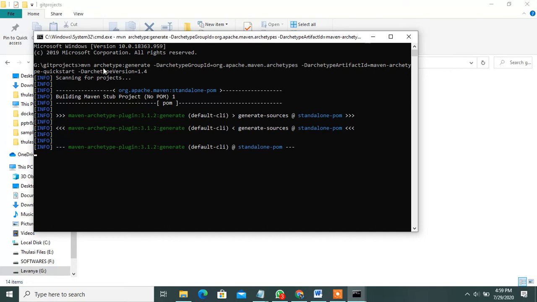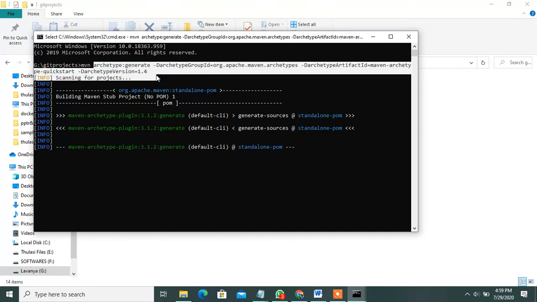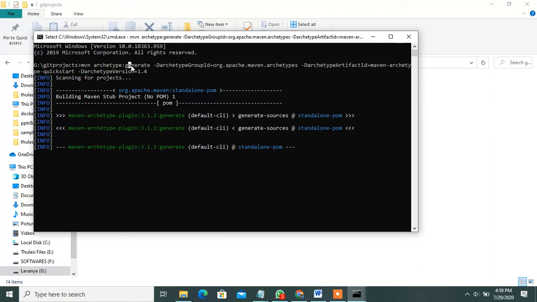Once you run the command prompt, this is the project URL. Once you take this URL, you can run it in some location. Run the command prompt. Once you paste it here, it will run, building the Maven sub project of pom.xml. It will take some time.